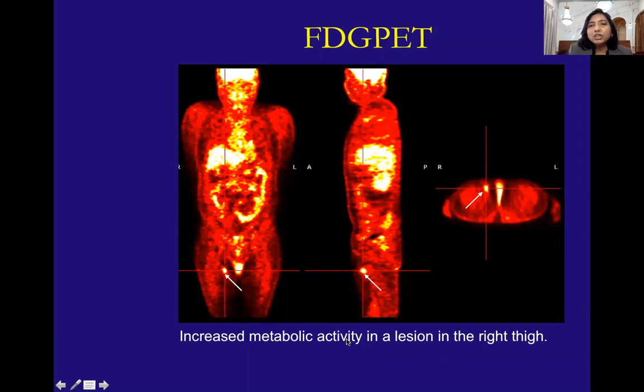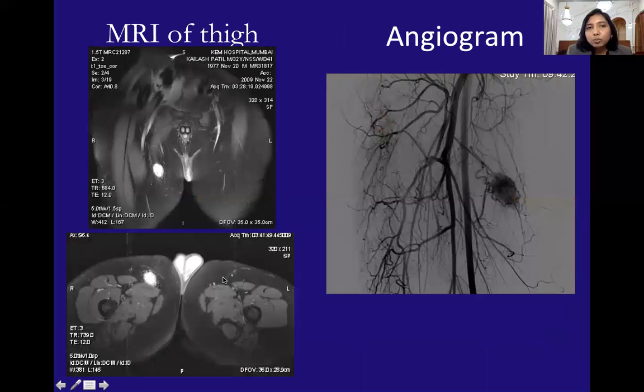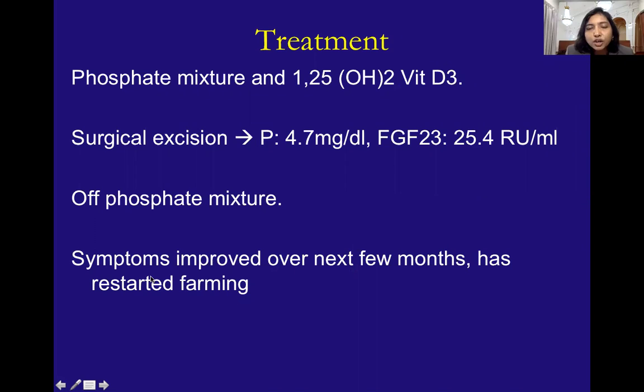That means this patient has a hormone FGF23 coming from somewhere, which is causing low phosphorus. To look at where this FGF23 was coming from, we did an FDG PET, and we found that he had a tumor in the right thigh. Then an MRI was done, and an angiogram was done, and the tumor was removed. Post surgery, the patient's phosphorus went up and FGF23 came down. And the patient started